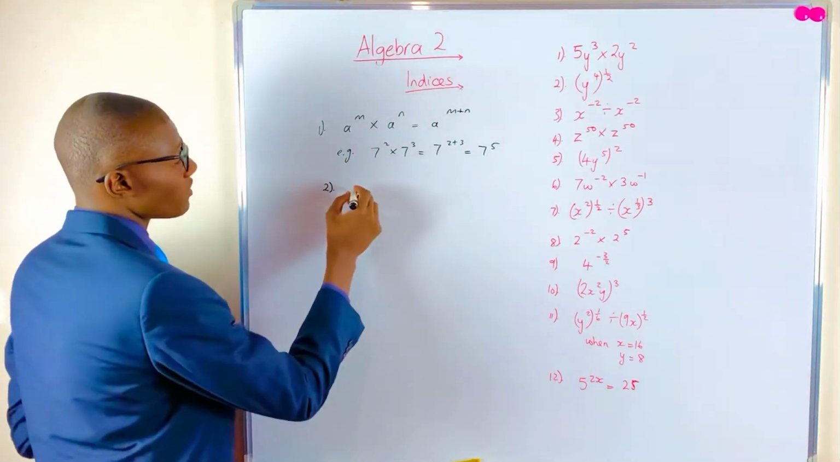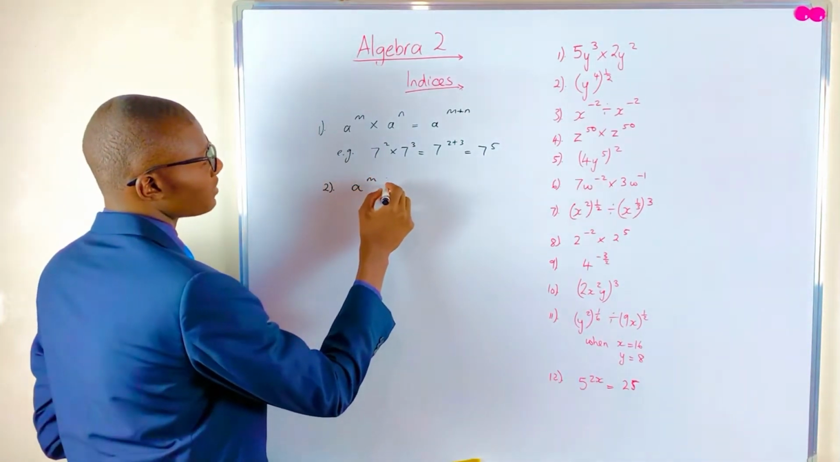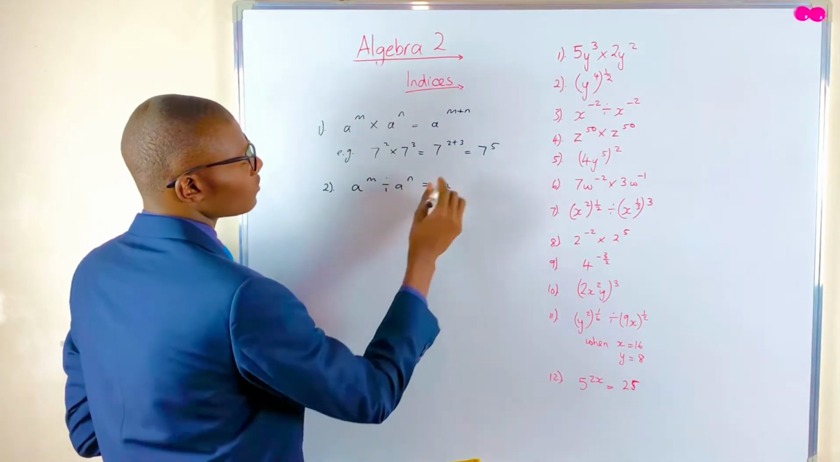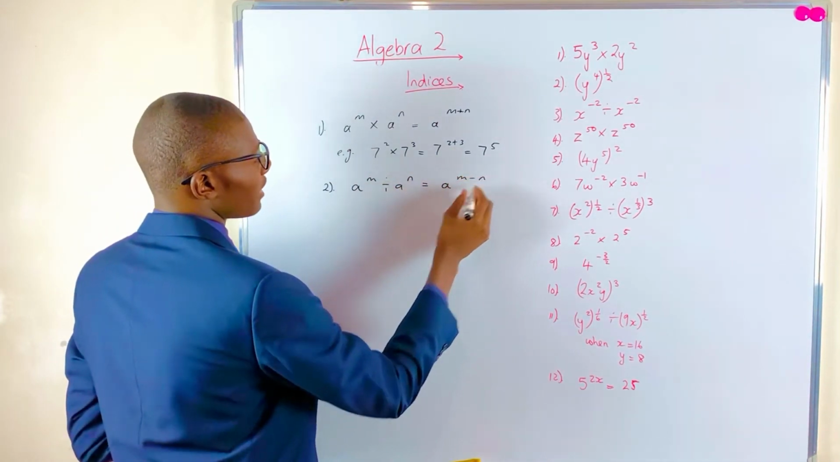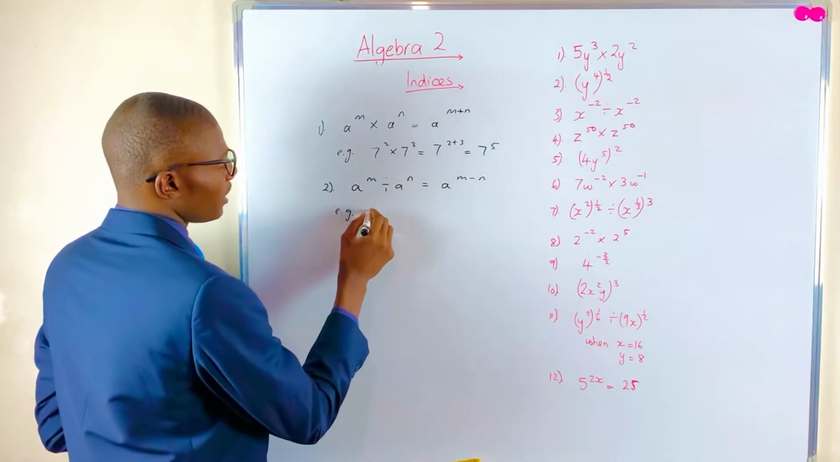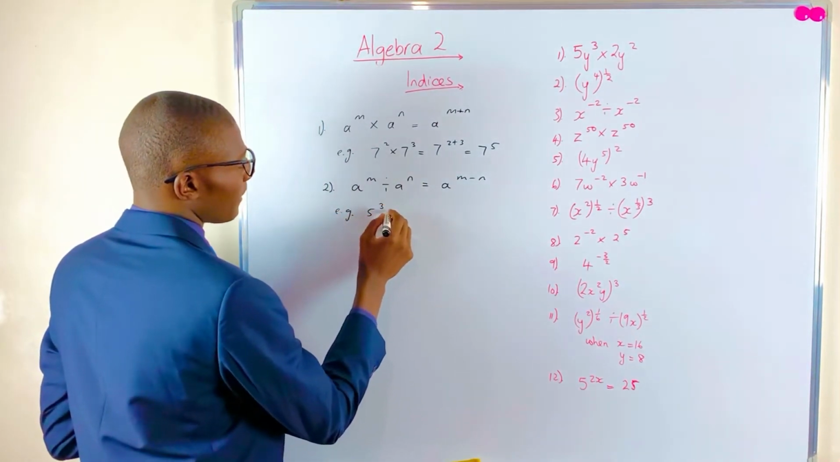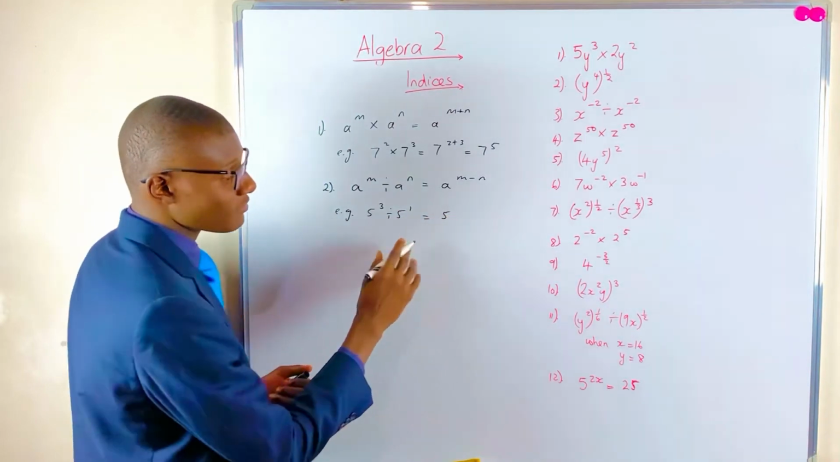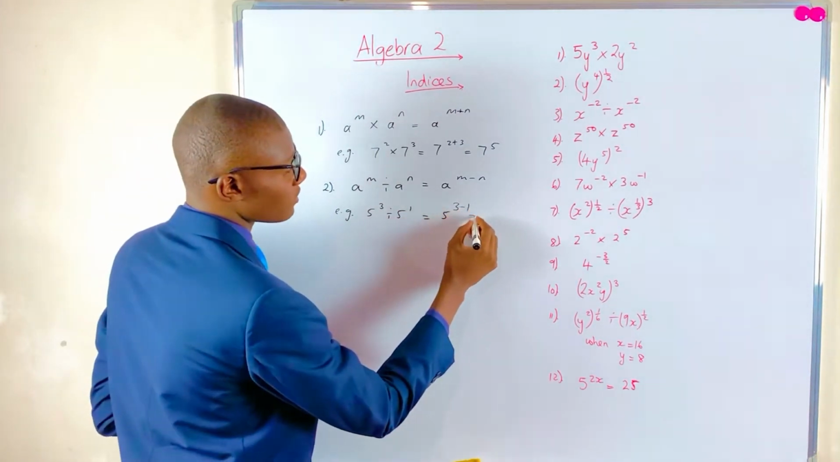powers. So if we've got a to the power of m divided by a to the power of n, we simply have a to the power of m minus n. For example, if we say 5 to the power of 3 divided by 5 to the power of 1, this is just the same as 5 to the power of 3 minus 1, which is 5 to the power of